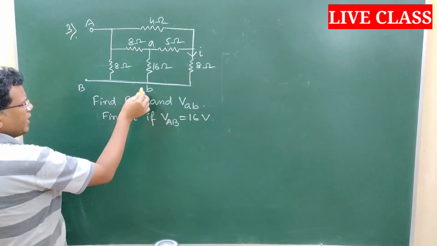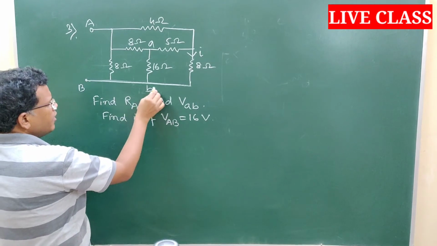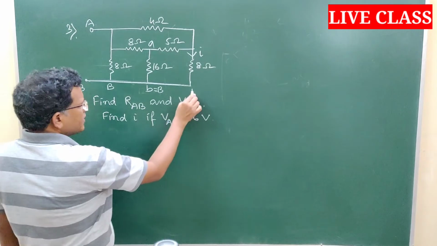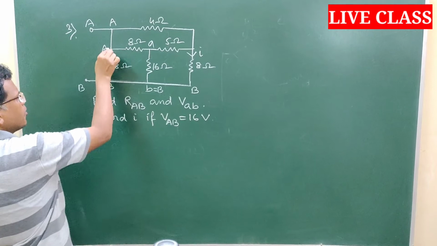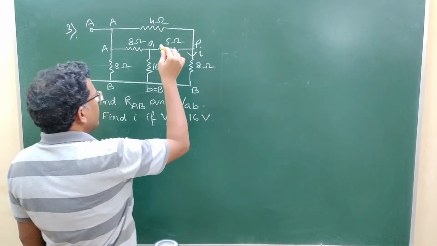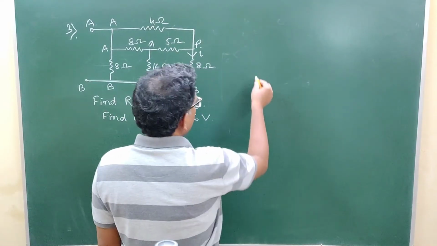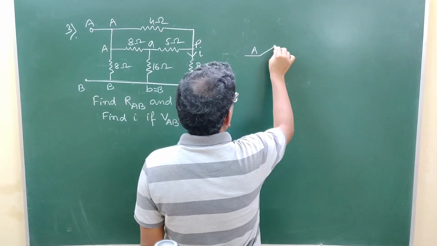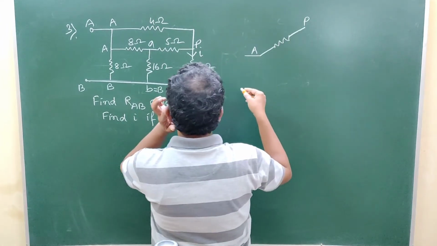Can we mark the points again? If I say this is B and this terminal is B, then small b is nothing other than capital B only, so I can mark all these points as capital B. If this point is A, I can mark these 2 points A. Then only this point is something different, let it be P. So the structure suggests that from point A we can connect it to point P.